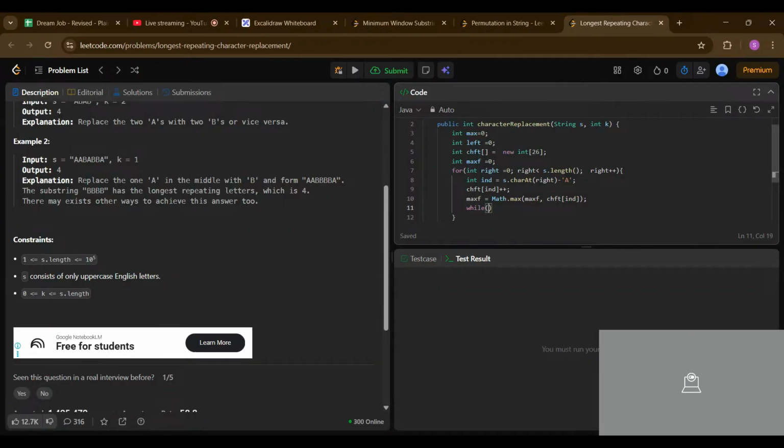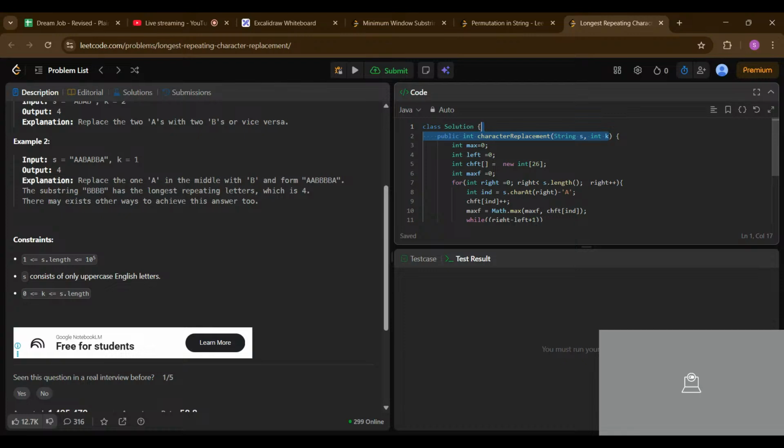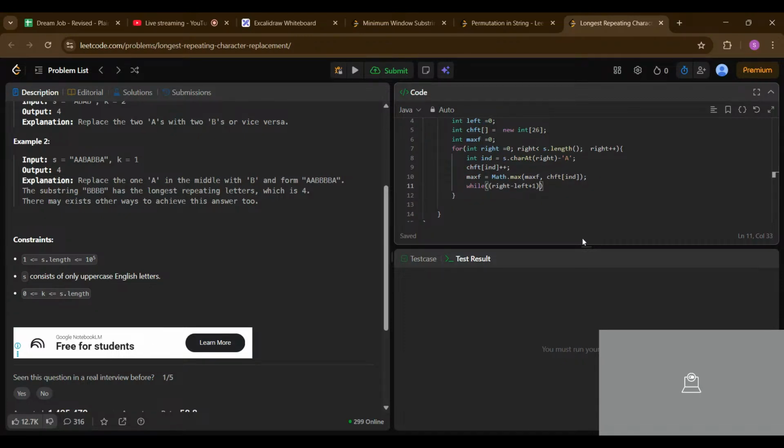While our right minus left, that means we are considering the window. We don't want to change more than k elements. So this minus maximum frequency, if it is going to be higher than k, it means that we have different elements present more than k times. So what we are going to do is increase our